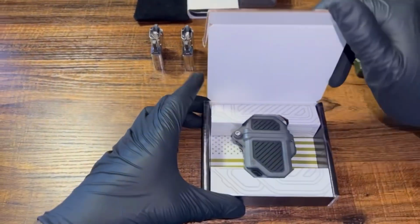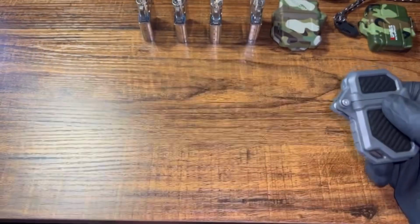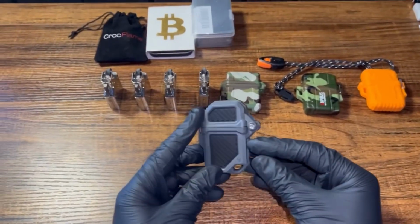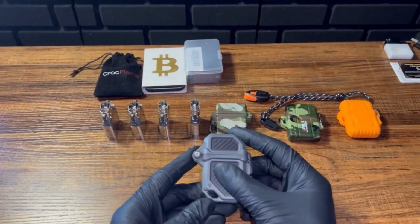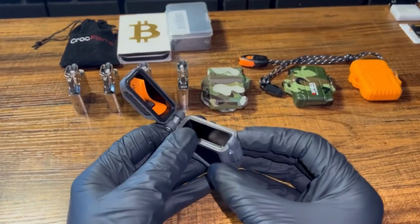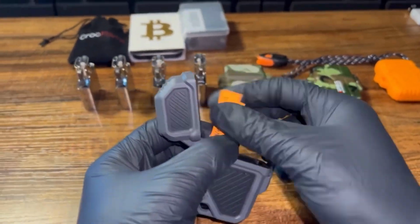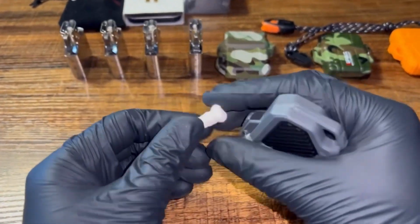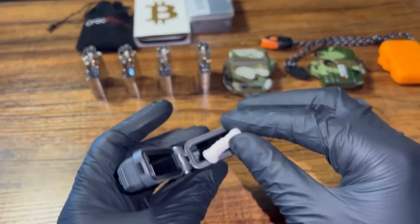Up next, we have Therm's PyroVault 2.0 lighter armor. This one features a full-size lanyard hole, a full gasket seal to keep fuel in and water out. Hidden inside, you'll find a Tinder Quick fire starter, which you can depend on to start a fire in any